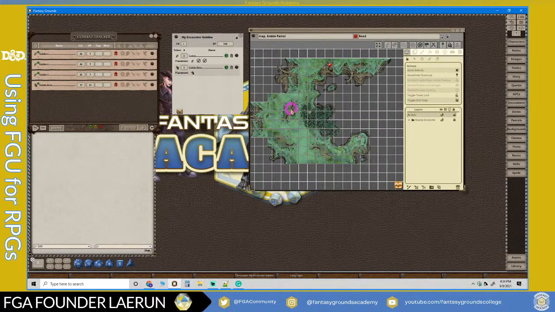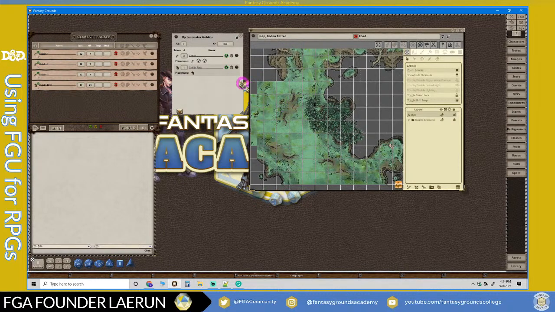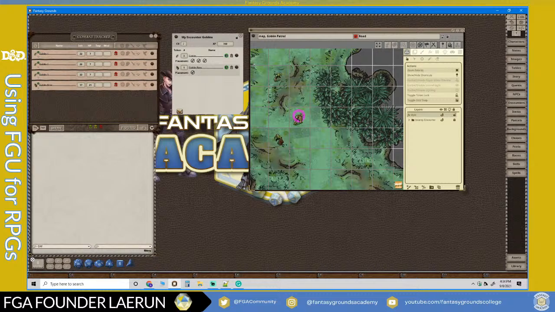And these are where they're going to appear on the map once the encounter is sprung. So I'll just set these out here like this, and then I'm going to put the goblin boss here, and that should be it. Now that I have them placed, once I close this, they'll disappear because they're set for this encounter. I'm holding down the control key and scaling these up because they're a little bit small